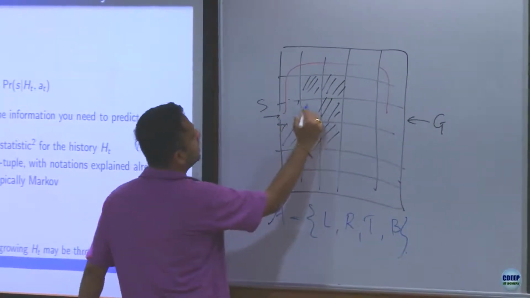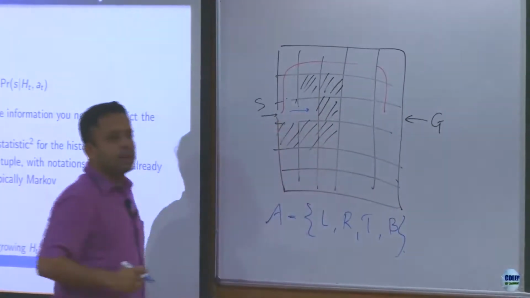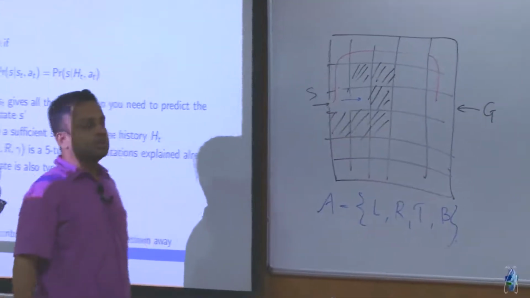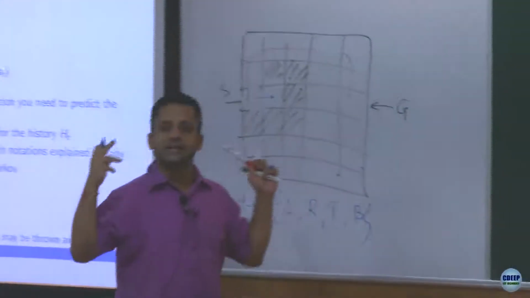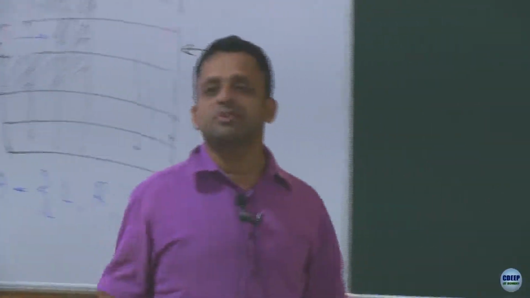So I might try and take some action here. So the probability of transitioning to a state, now what is the state? The agent state is its knowledge of the maze,